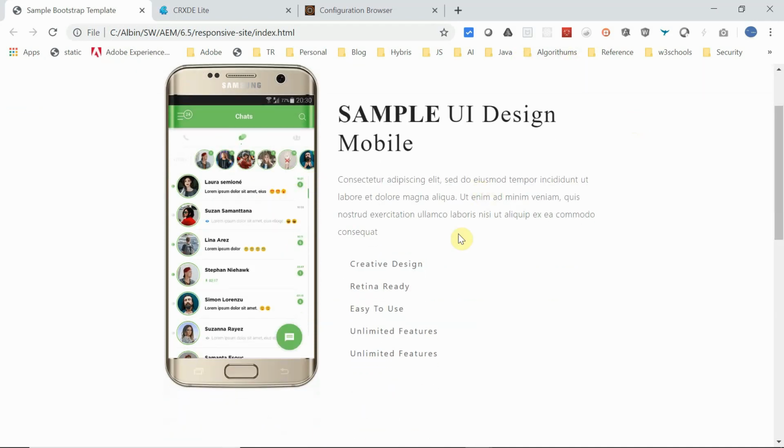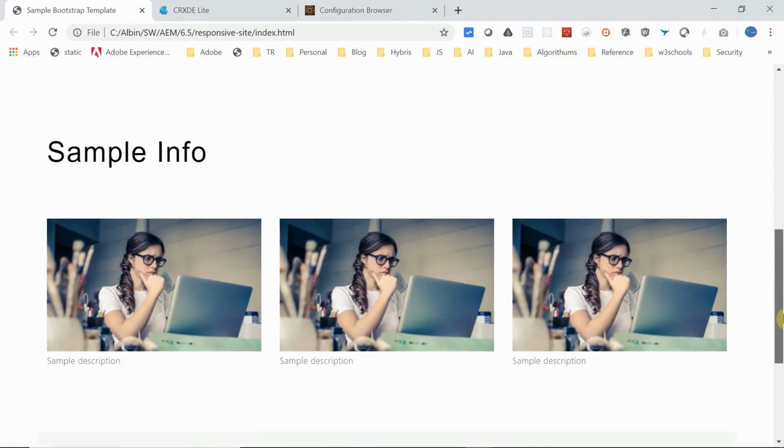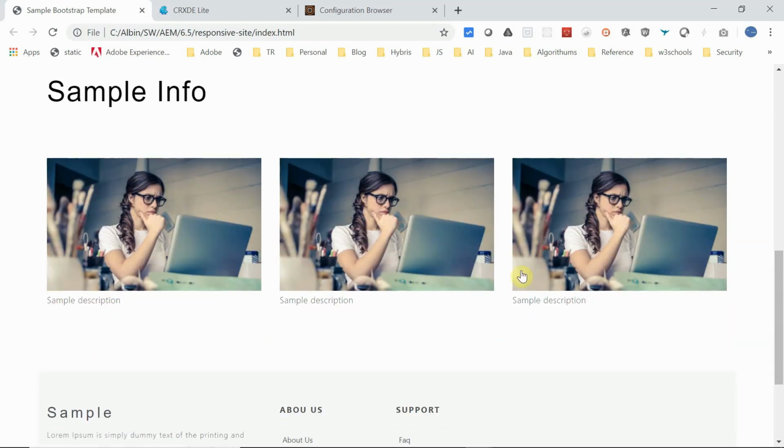Then the next one is this one. My understanding is that we don't need a custom component here. We can have two sections, one image and another a text, where we can add whatever text is required. So this is going to be two standard components. Now the next one is a title, so we can go with a text component. Then the next is the image with a description. We have three columns here, so obviously this should be structured.